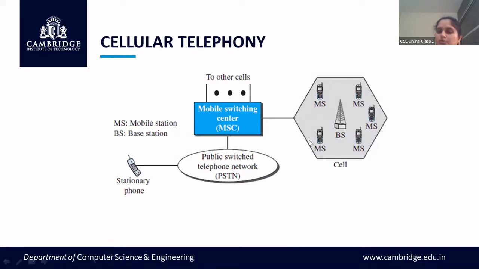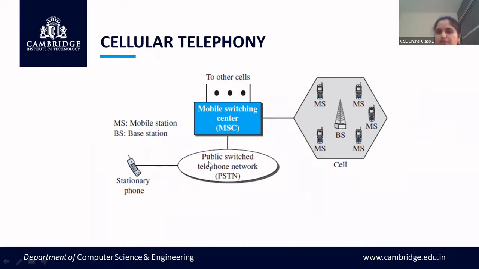Each basic unit of cellular telephony is called a cell, which uses the shape of a hexagon. Now n number of such cells will be connected to your mobile switching center. Why do you require a switching center? Because your mobile node can change its range. It is very important to have a mobile switching center which can shift the cells from this particular cell to the corresponding cell as and when you move around.